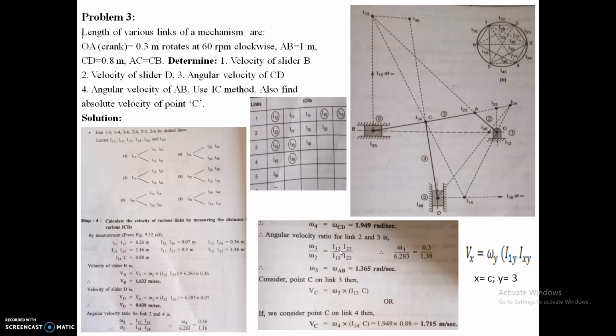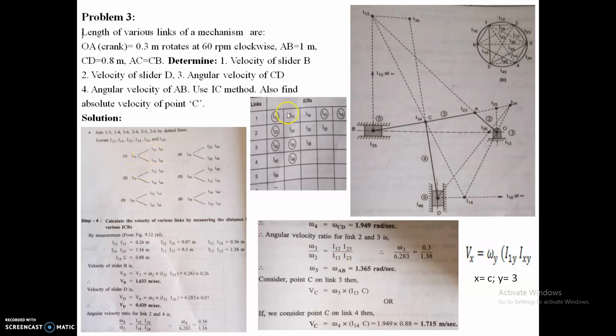It is by a dark line. I23 is again known by a dark line. I13 is unknown, so you join this I13 by a dotted line. I23 is again known. So the basic question is, all the values are known, but omega 3 and I13 are unknown, so you can't determine the value of omega 3 until locating the IC of 1 3. So let us see IC13.